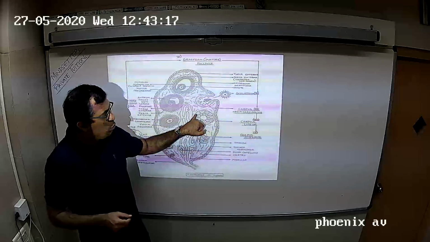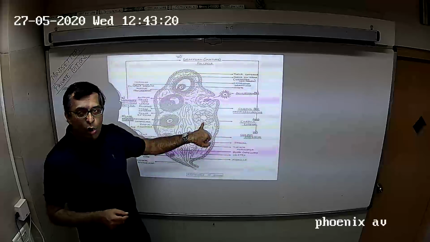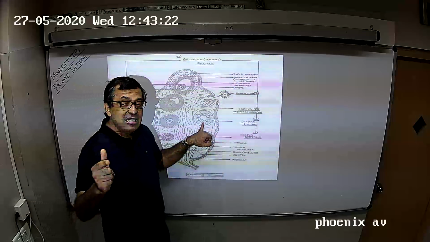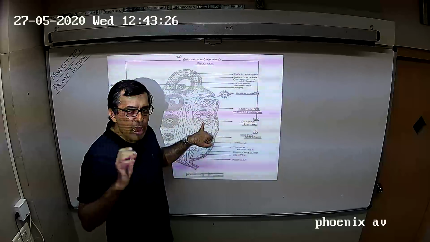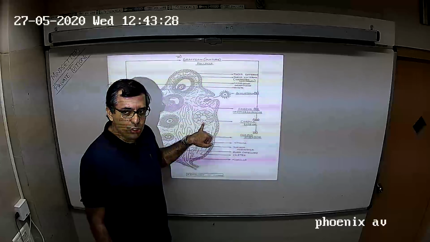And the corpus luteum, which is full of yellow colored lipid-rich cells, starts secreting both progesterone and some amount of estrogen,